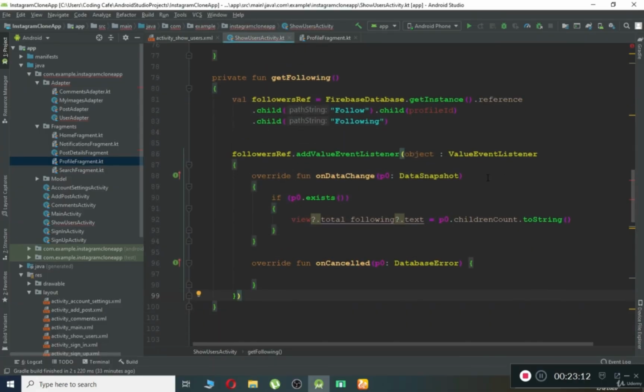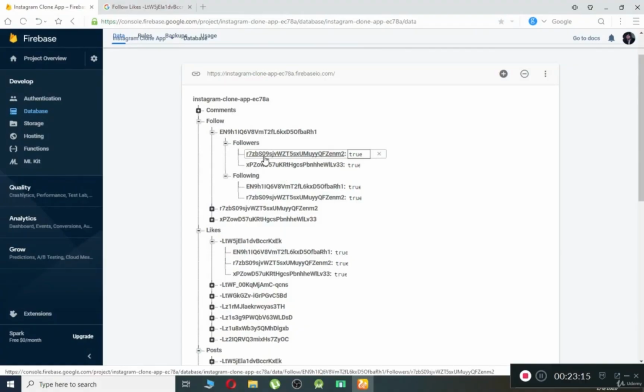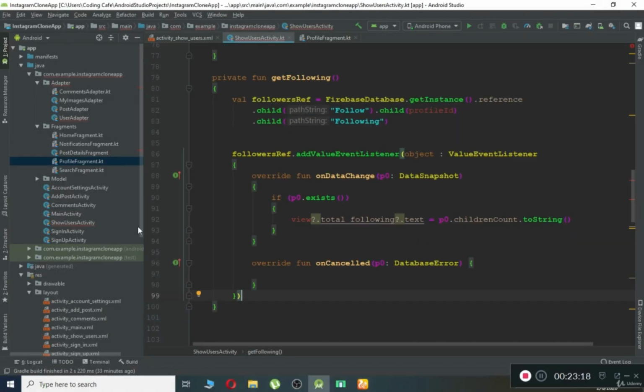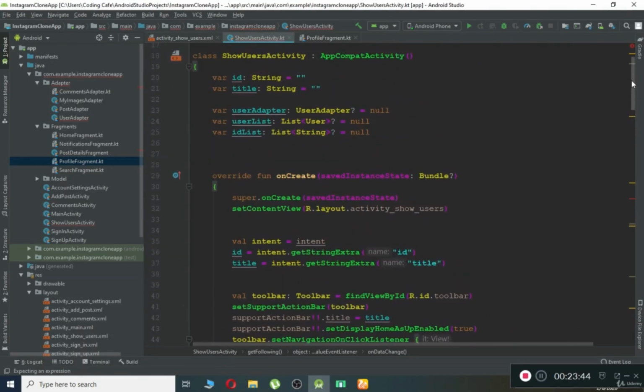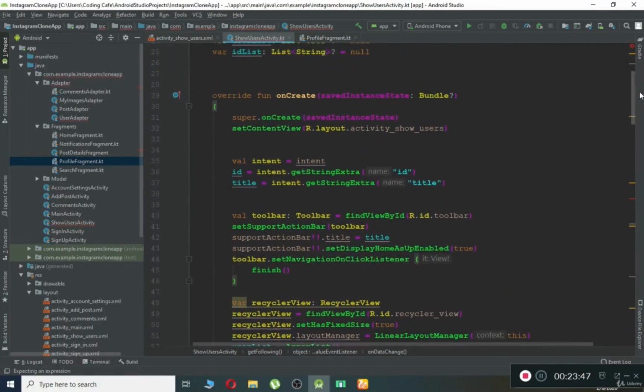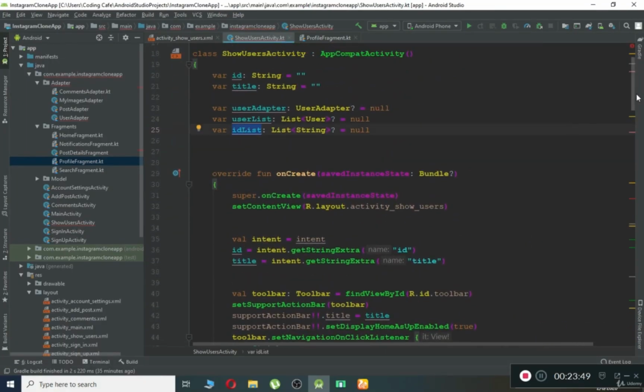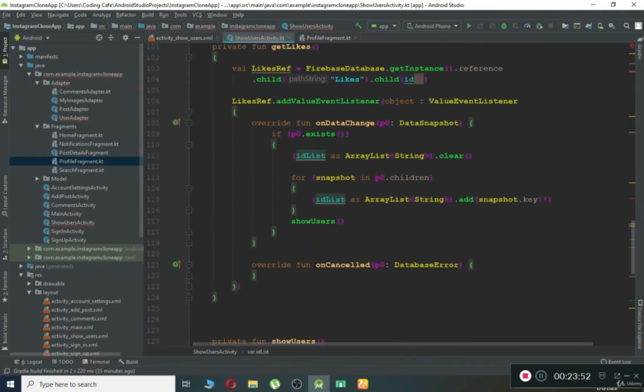So we have to get these IDs for each person. Okay, first, since we are now retrieving the following, in order to get that, we have a reference, Firebase database instance.ref.child follow.child ID.child following reference.addValueEventListener. And now remove this, and here we are going to retrieve the IDs, and we have to store them inside our list, which is by the name ID list, this one list. So for that, what we want to do is